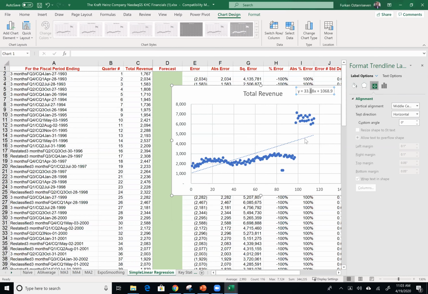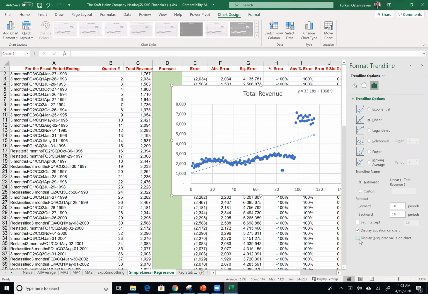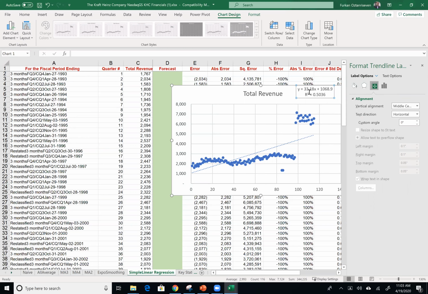Another important thing here is to check the R-square value, which says what percentage of the deviation or change in the Y, which is revenue, can be explained by time. In this case, I can explain 50% of the deviation, which is not horrible, but I would say it is all right. So I can use this slope, 33.18, and this intercept right here to make this forecast. Either you can type those numbers in